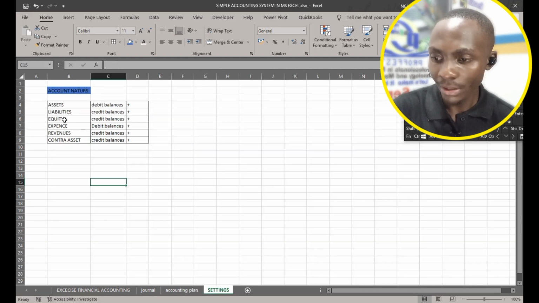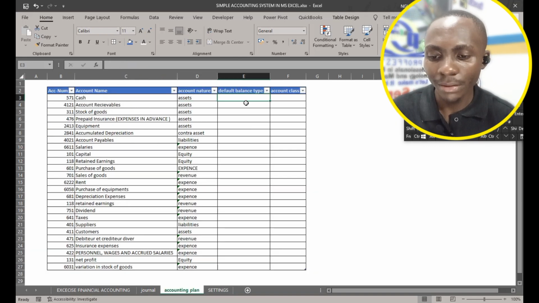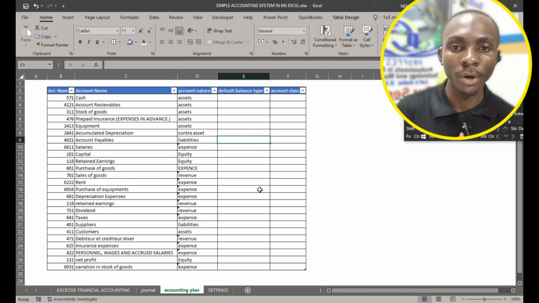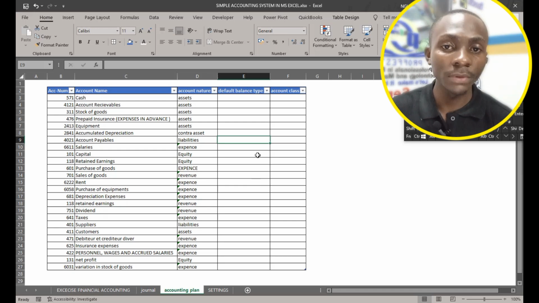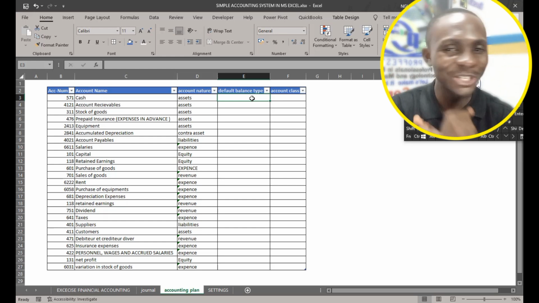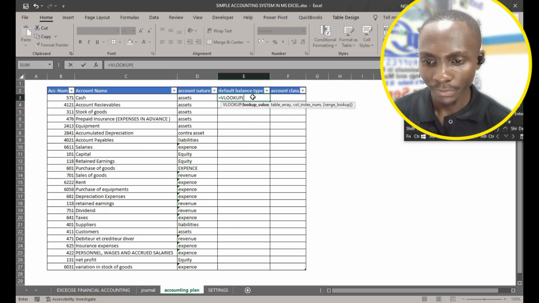Already from the settings, we know that assets have by default debit balances, liabilities, credit balance. So instead of us writing here debit balance, credit balance, and so on, we're just going to use a function that will help us easily identify the default account type. And which function are we going to use here? The VLOOKUP function. So we're going to use the VLOOKUP function to look up this value, meaning the account nature,